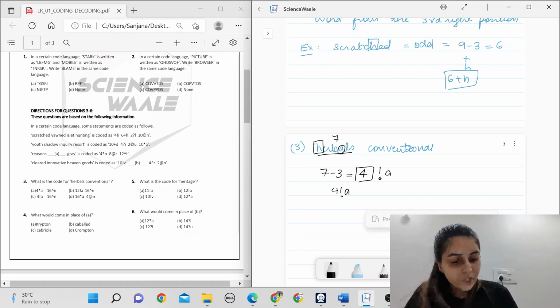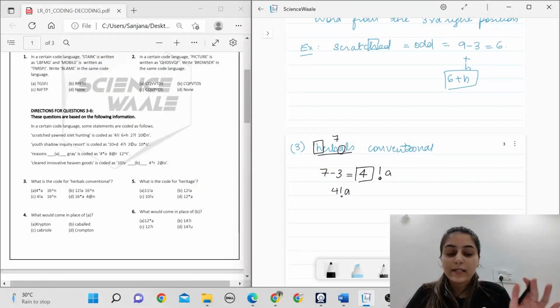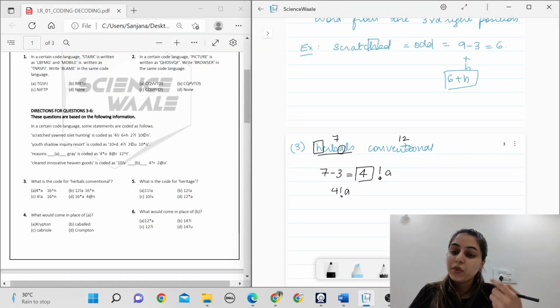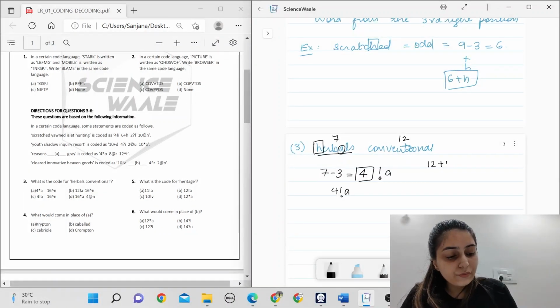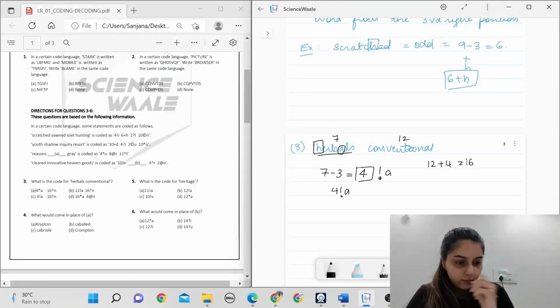And for conventional, it's a 12-letter word, which is even. So for even letter words, we add 4. So 12 plus 4 is 16. And again C. Now we need to check for the word which starts with C in the information they have